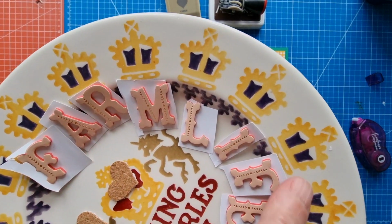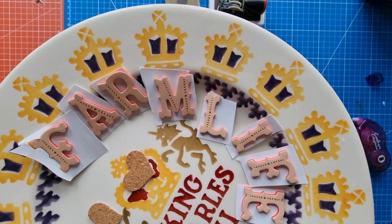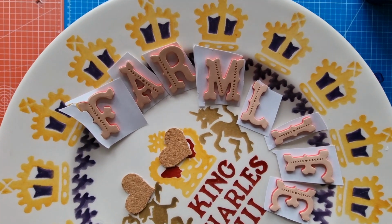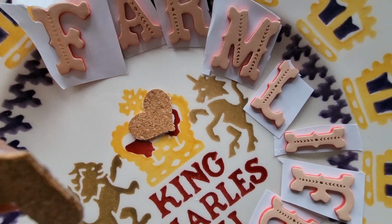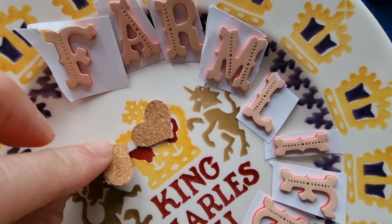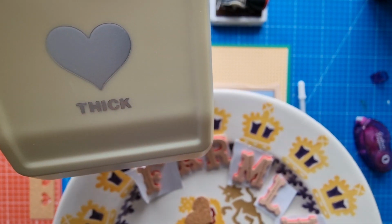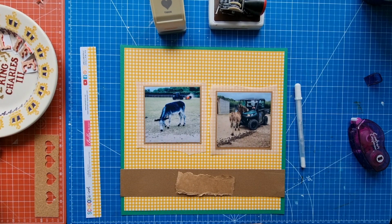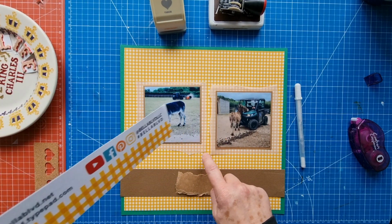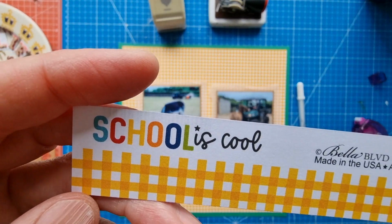I've chosen my alphas from the American Crafts Tinsel Town thicker set from last year, maybe the year before, and I've punched out these two little hearts from cork, that's adhesive cork, using my Fiskars Thick Punch, which is my favourite punch to use because you can use it on things other than paper. This pattern paper here is Bvld School is Cool,